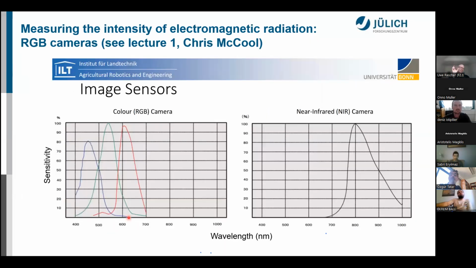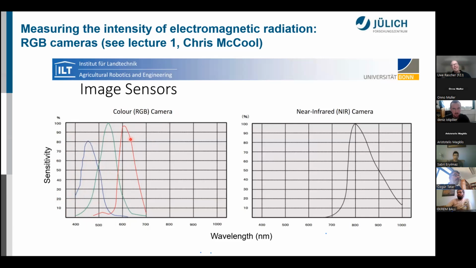Okay, sensors which measure just over one spectral window was the first start. Then the next sensors, which I think you all know, are the so-called RGB cameras. RGB stands for red, green, and blue channel. If you look at the sensitivity of such a camera, this is one example camera, then we have the 3 detectors in this camera